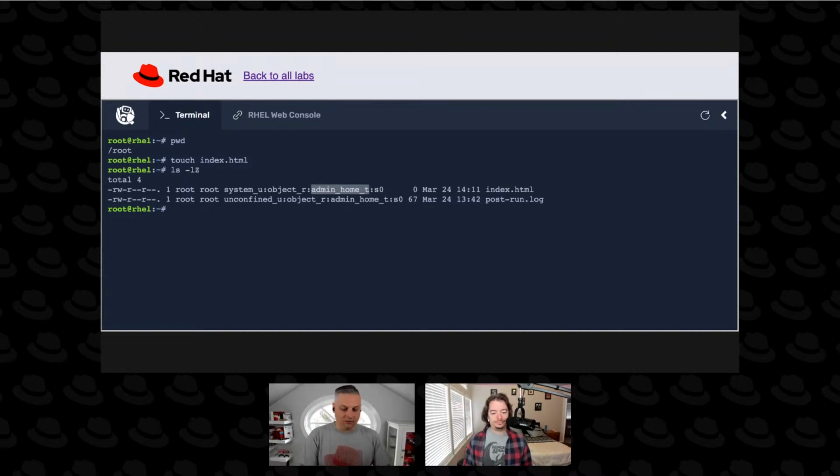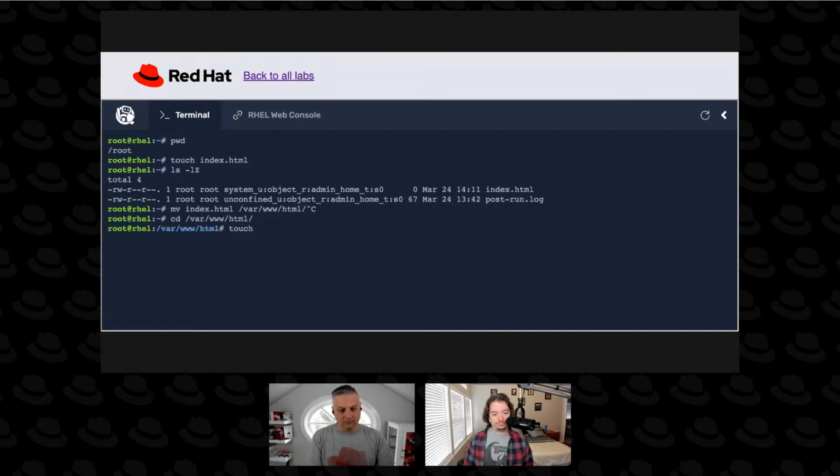But then I took this file and I moved it. And that's important because a move takes an existing file with all of its metadata like permissions, ownerships, SELinux contexts, and picks it up and puts it somewhere else. And so when I moved this file over to /var/www/html, it kept its admin_home_t type context in place. Right? Whereas if I go over to /var/www/html,